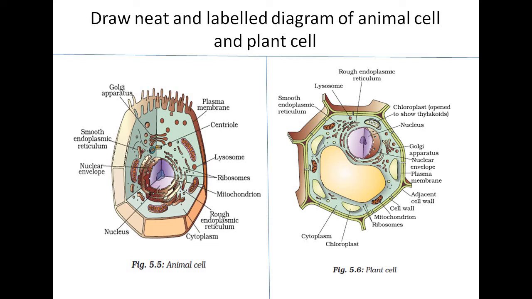Now, the central vacuole is there and the nucleus is placed peripherally. Here there is nucleus. In the animal cell, there is nucleus in the center, and here there is nucleus peripherally. But this vacuole, can you see vacuole in this animal cell? No, there is no vacuole in animal cell. No vacuole in this cell. If there is vacuole in some animal cell, then it is very small. In animal cell, if there is vacuole, it will be very small, or there will be no vacuole.